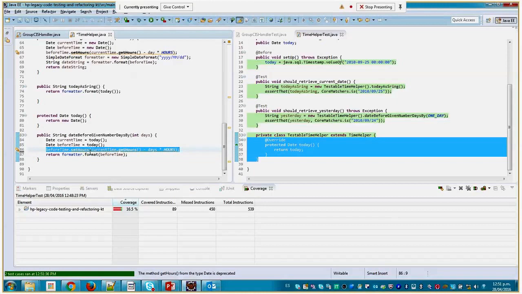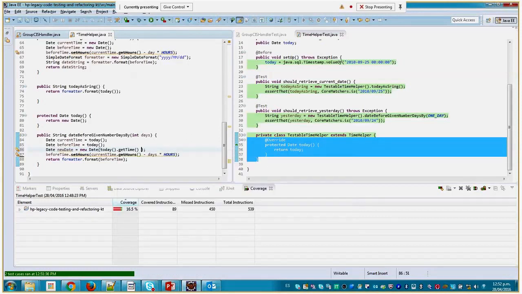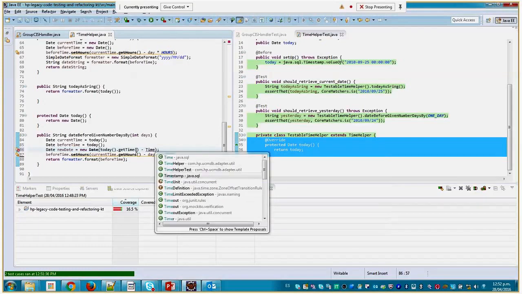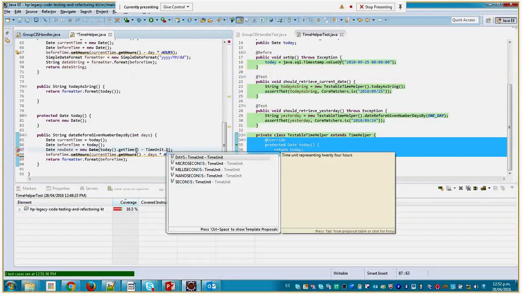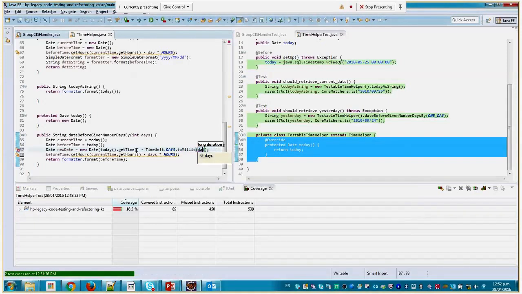Look at this. I don't want to use a deprecated method of a library. I want to create a new date, and I'm going to say something like that. New date. I want to construct a date object, but using the elements that I had. I had today dot get time, and I will subtract the milliseconds, time unit dot days to milliseconds. And what number? Days. And this new date I'm going to use,